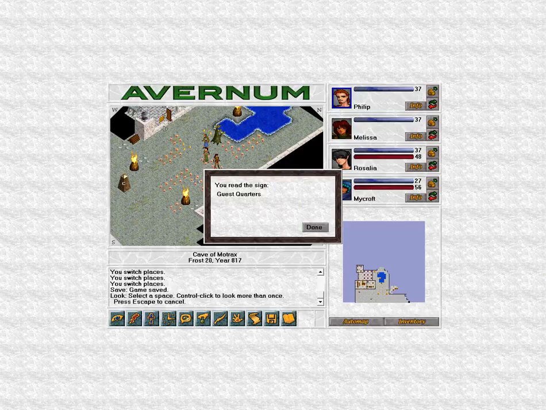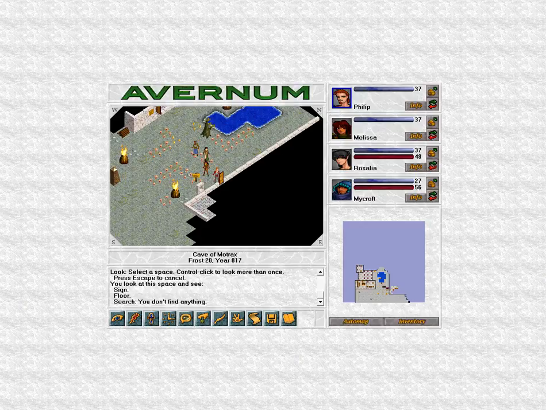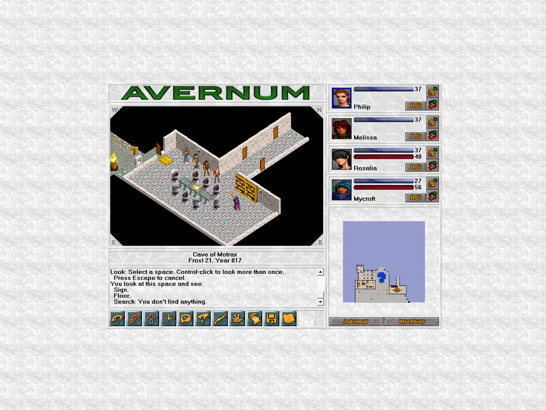Yeah, guest quarters. The sign was obviously to the obelisk. Let's see what we've got here. These are guest quarters. Let's see if we can talk to